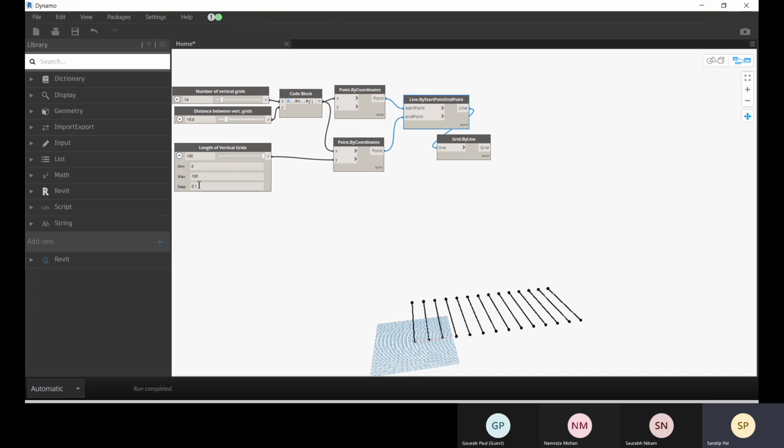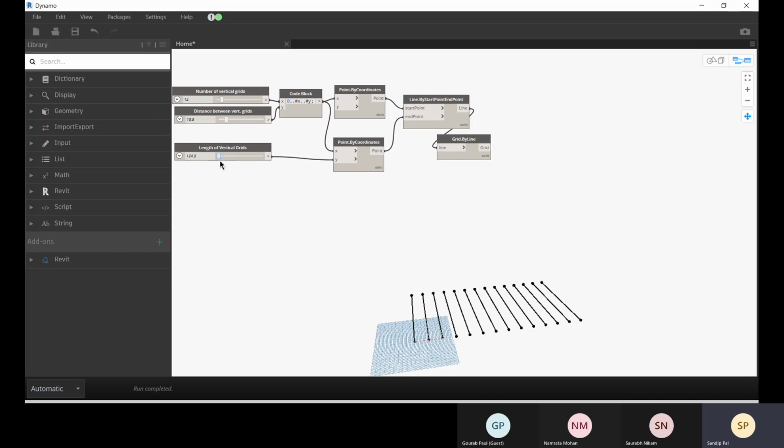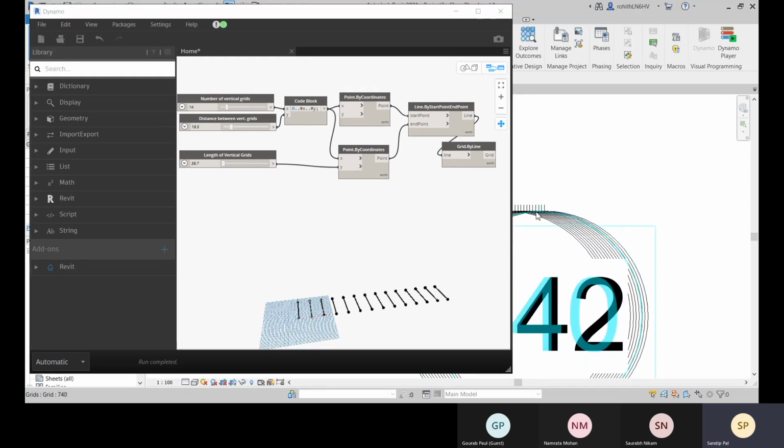So here you can increase this one, like the length can be up to 10,000. There you can increase this. Okay. So here it is reflected, all the grids.